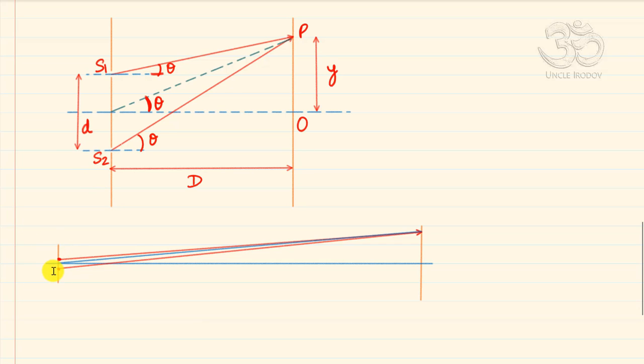So I've got S1 on the top, S2 at the bottom. This is maybe point P, and this entire thing is this big D distance, and all I've done is I have actually brought the slits much closer, and I have marginally increased the value of this distance, and I have made this distance y smaller, and you can see that this angle theta being equal now starts making sense,